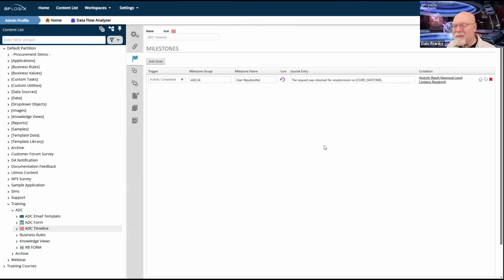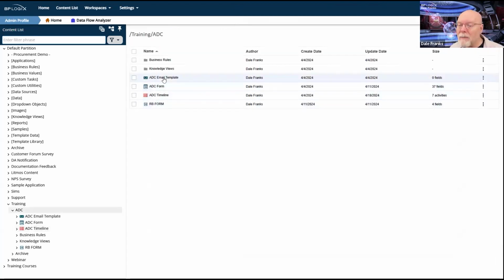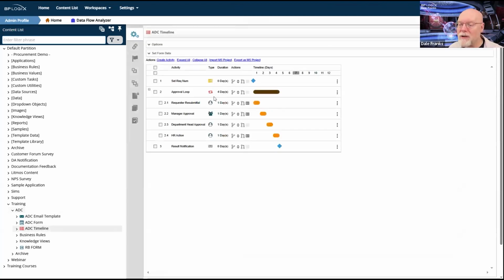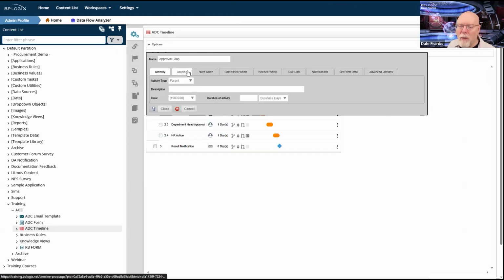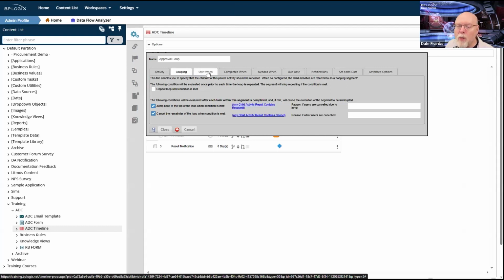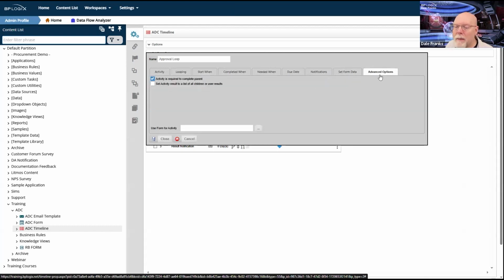This should work for me. Now, by the way, this won't always work. This should work for me with the default configuration, because there is a little bit of trickery here on parent activities. I should have just gone to the parent activity, and I have to try to remember where it is. And I rarely set it right there: set activity result to a list of all children or user results.